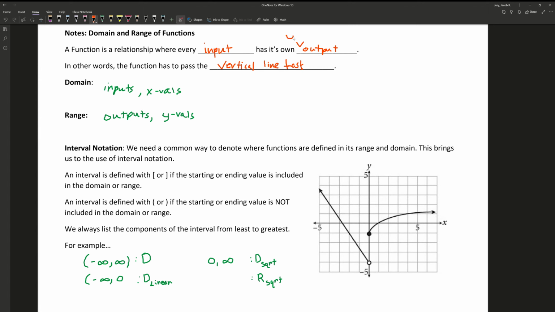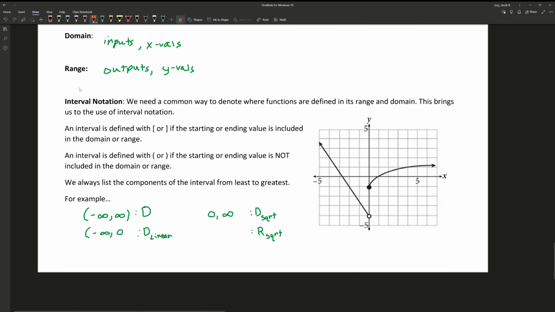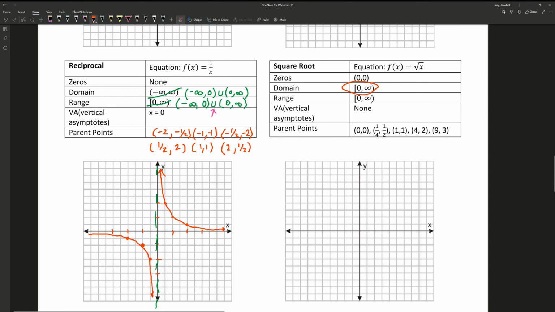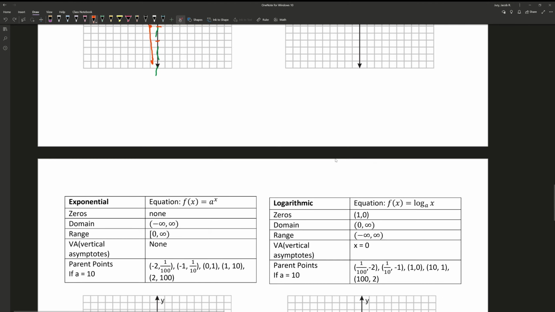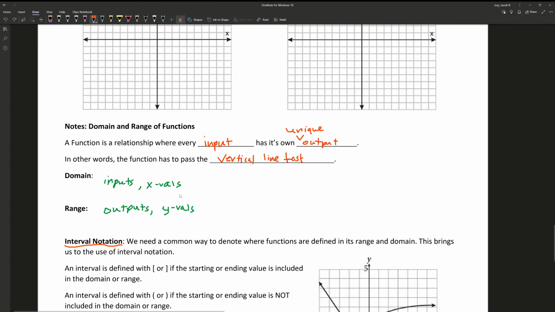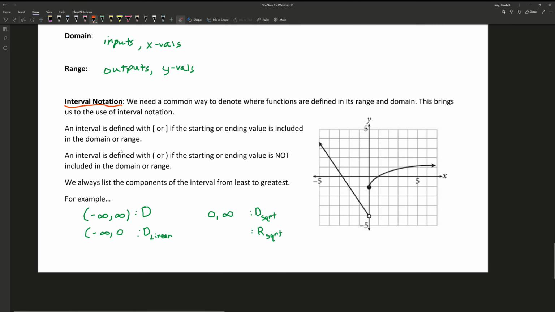So to clarify, I should say unique output. And domain, of course, is inputs and x values. In case you've forgotten, range is outputs and y values. Interval notation is something that I've already talked about. When it comes to this reciprocal function, it's written here, like for the square root function. The questions I wanted to get into with interval notation are